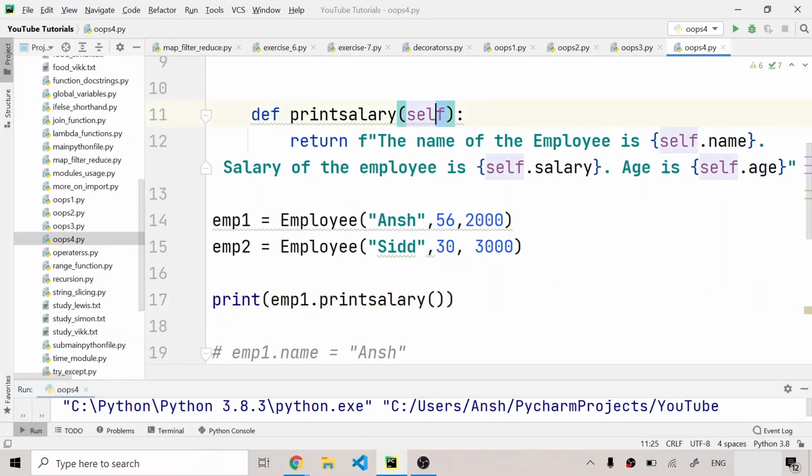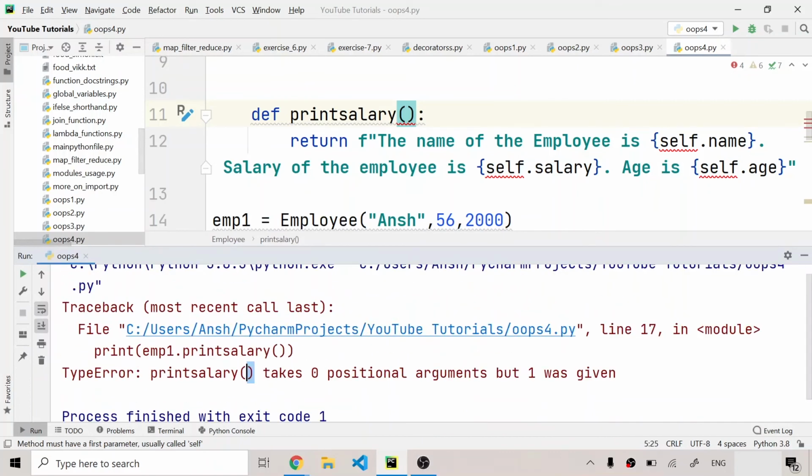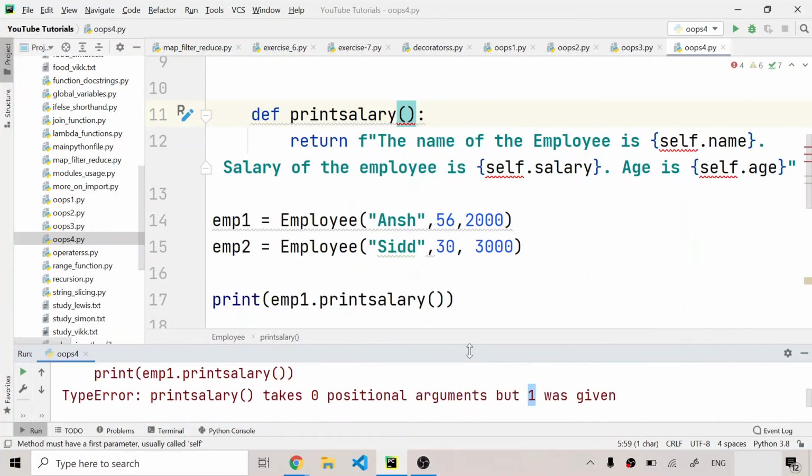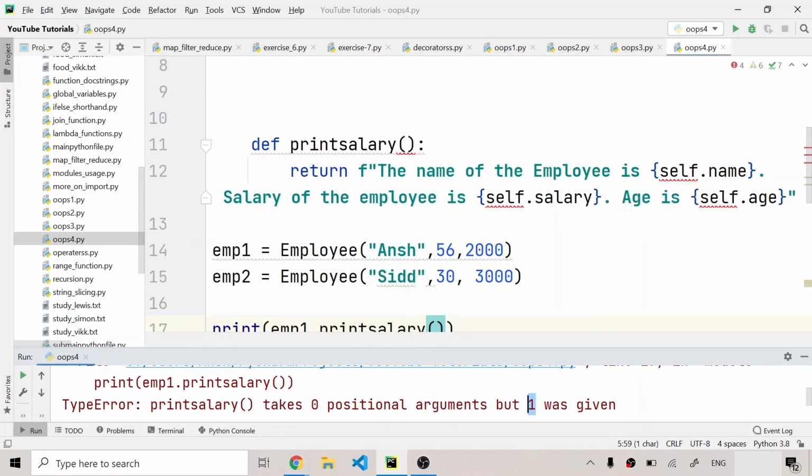And again guys, if I remove this self right here and if I run this program, as you can see, it will give me an error. It will tell me that print_salary takes 0 positional arguments but 1 was given. Now what is this 1 guys? It is the object and instance that we are providing inside the function. So I've basically proved myself right here that we are passing an object inside this function. And for the guys who haven't understood, I hope that you understood it after this error has come, because we are actually providing the object as an argument. So I'll have to write self inside it.